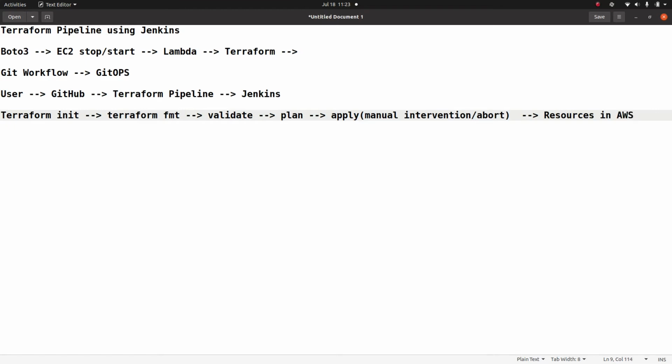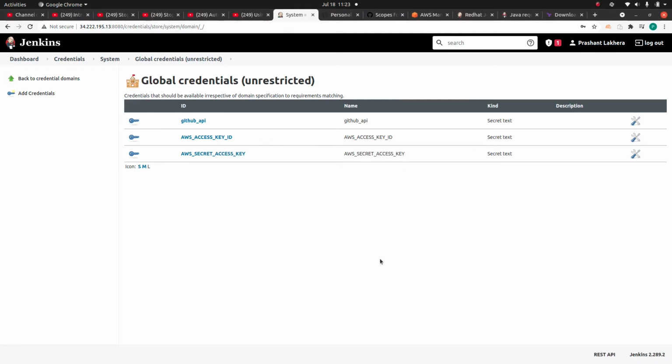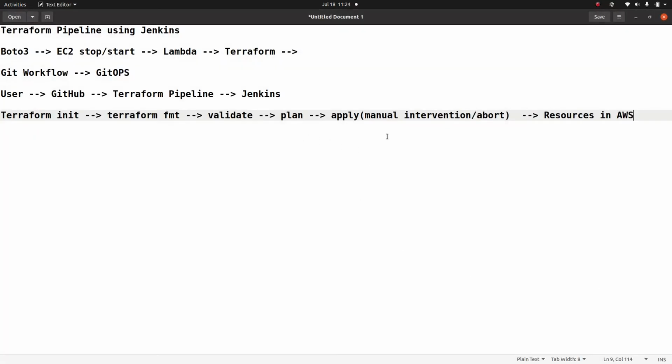Similarly, the way we created the personal access token for GitHub, in order to interact with AWS via the API, we need to create the access key as well as the secret key. I have already discussed all these things in the Boto3 video, so if you do not understand this, please check that video. Okay, so now we are done with creating all these things.